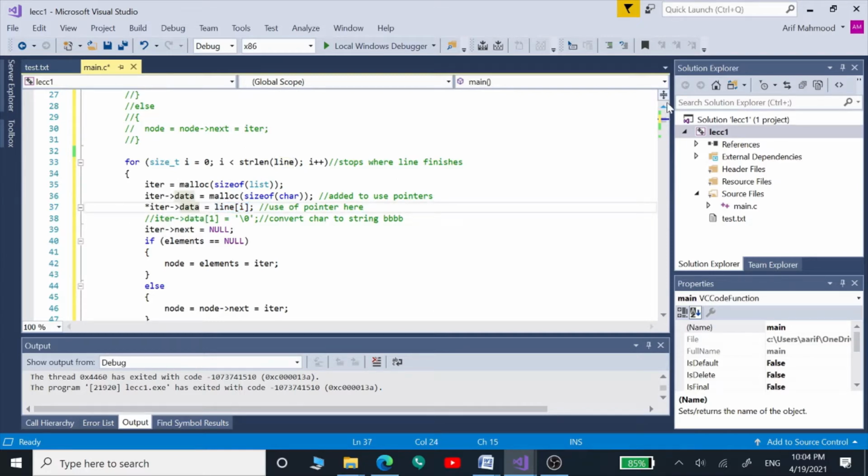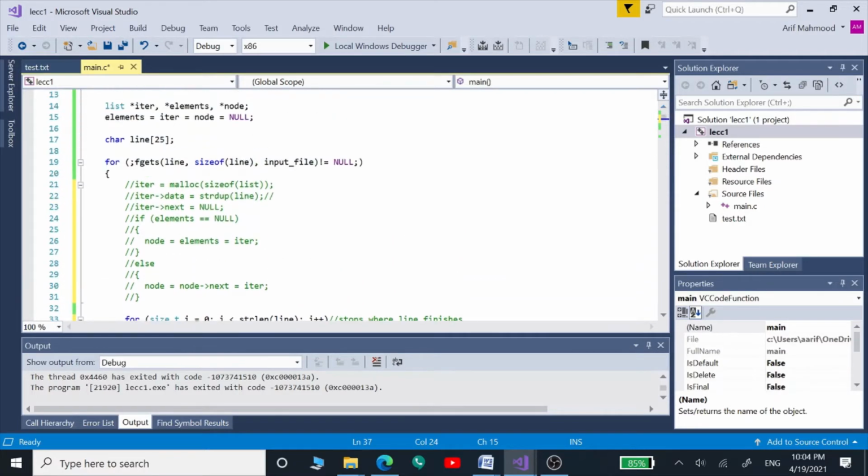So if we are going to match this list to our list, we are using this strdup function. We are storing our string line variable into iterator data.